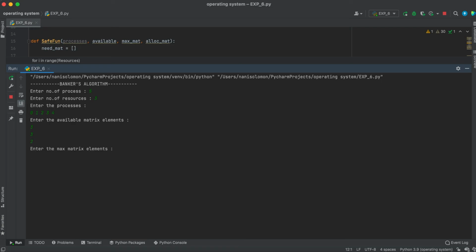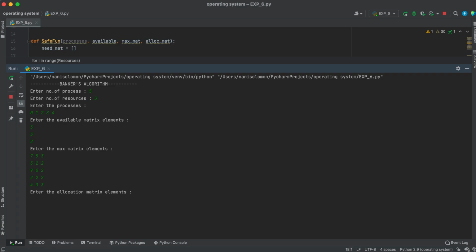So for the matrix elements, we need to enter in the form of a matrix. So let's go with 7 5 3 as our first elements, and next 3 2 2, okay, will be our next elements. 9 0 2, okay, 9 0 and 2 will be the next elements, and all, let's give all 2s now. Now let's go for 4 2 2. So this will be our 5. Okay, 1 2 3 4 and 5. Yeah, 5 processes, and resources as 3. So 1 2 3 will be the resources.